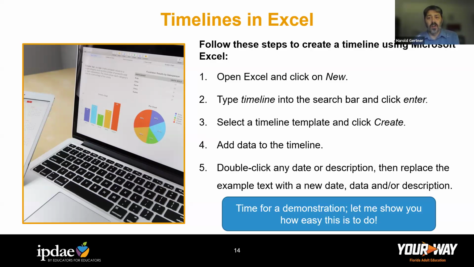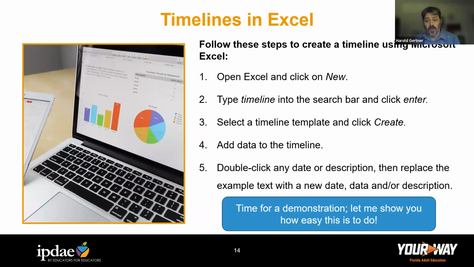We're actually not going to click on new, depending on the version you have. Some of them you need to click on new, and then it lets you choose more templates. Some of them right at the beginning, which is how mine will be, the page to choose new and other templates comes up together. And we're going to go into the little search bar right underneath where those templates pop up and search for timeline. Click enter. A bunch of timelines are going to come up, and we can search through and decide which timeline template we prefer. And then we're going to choose it, click create, and then we're going to add data